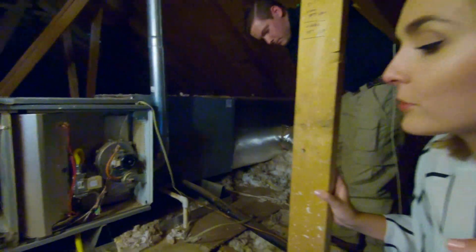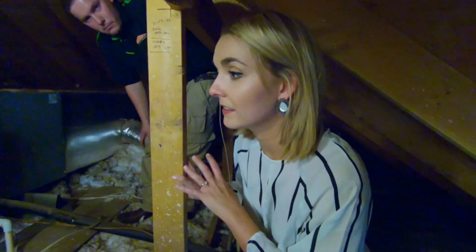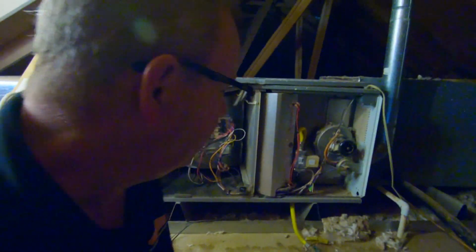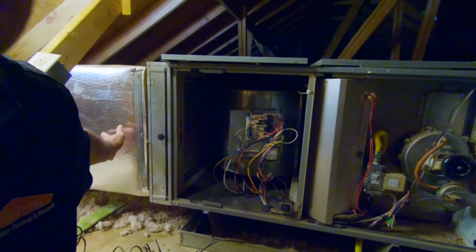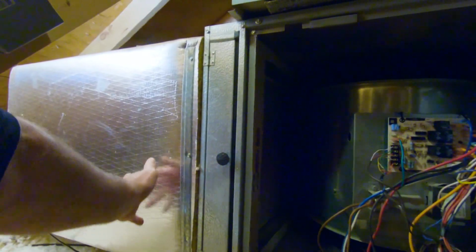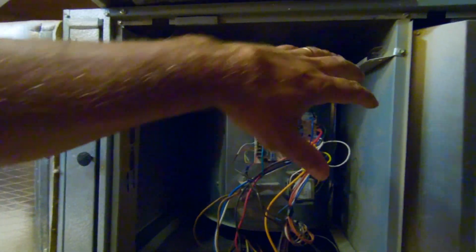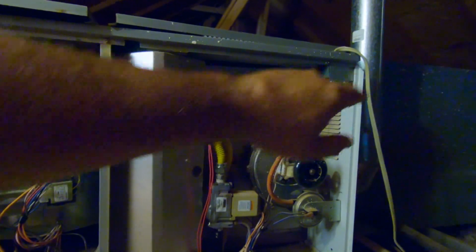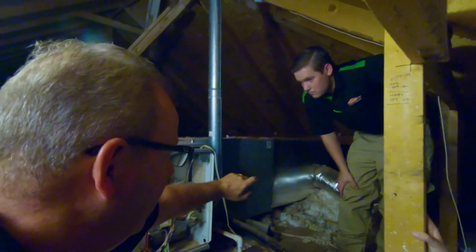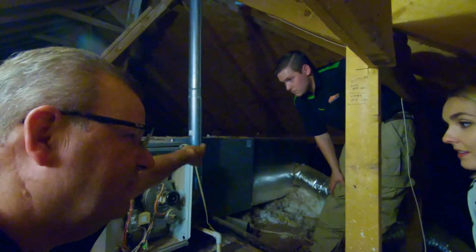So when you have to go about the process of cleaning it, walk me through that. Well, we take these covers off, we take the filter out, and in this return, we may cut an access panel so we can hand vacuum this return system out. And then we pull the blower motor out, we clean all this here, come in here, clean this out, take the cover off, vacuum the coils out as best as possible,